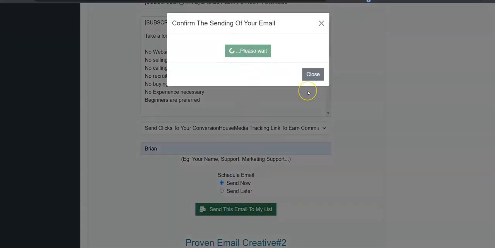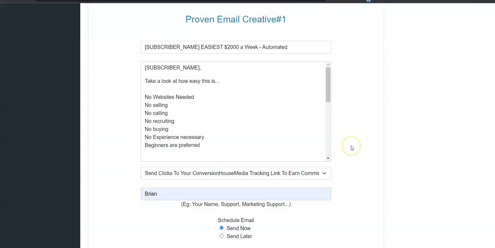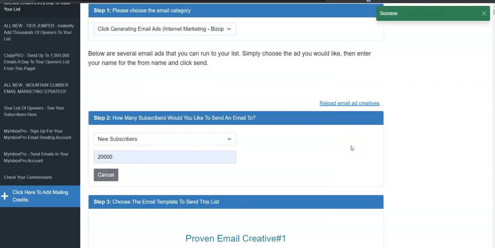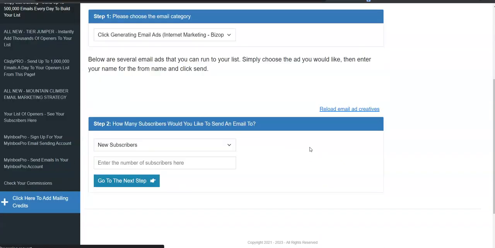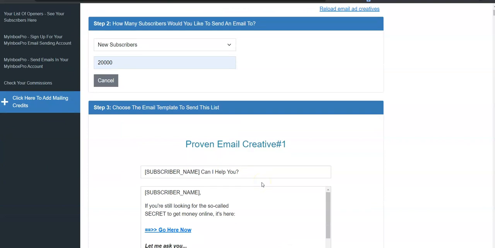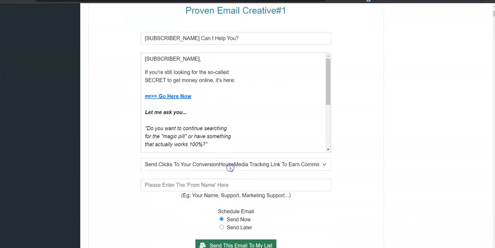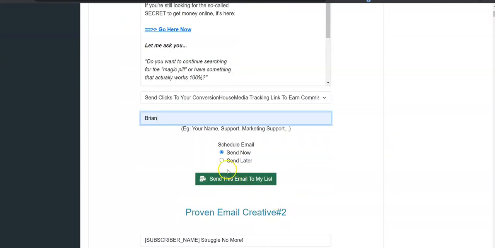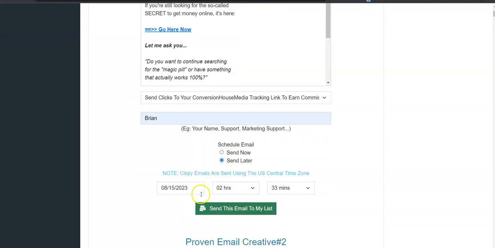All right, just like that, I've gone ahead and queued up 20,000 emails to be sent out to this massive list that's provided for you through this system. And it's going to help build my own email list very quickly, very easily, with just a few clicks. Nothing to buy, no one to talk to. I don't have to have a product. I don't have to have a service.